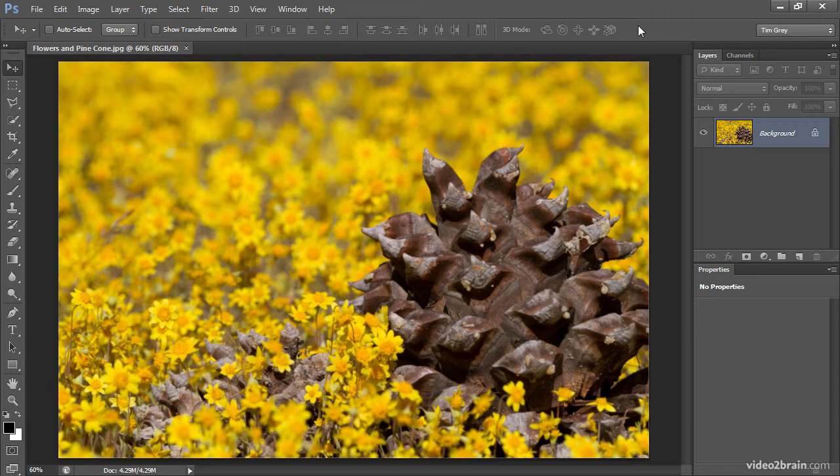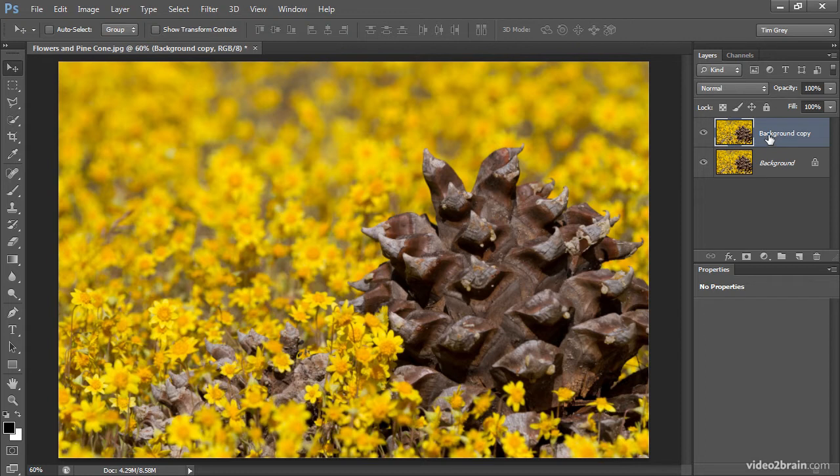I'm going to start off by creating a copy of my background image layer, in large part because blend modes require that we have more than one image layer to work with because they're creating blending between those layers. So I'll drag the thumbnail for my background image layer down to the Create New Layer button at the bottom of the Layers panel. That will create my background copy, and I could then change the blend mode if I wanted to.